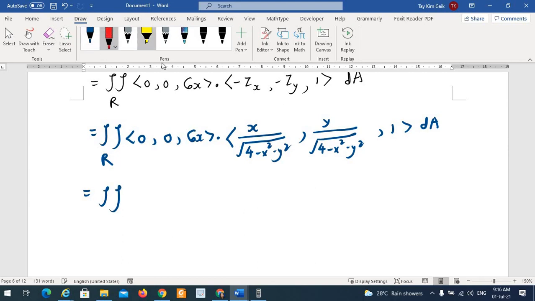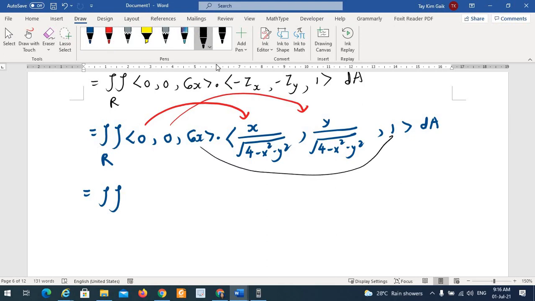The dot product: component i, 0 times anything you get 0. Component j also, 0 times anything you get 0. So you are left with just component k, 6x times 1, which becomes 6x dA over region R. So after you solve the curl of f, you reduce to a double integral problem, which is the double integral of 6x dA